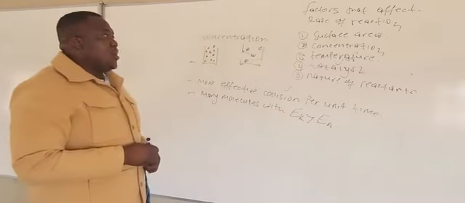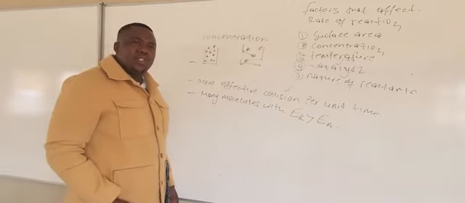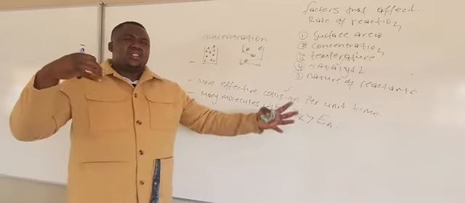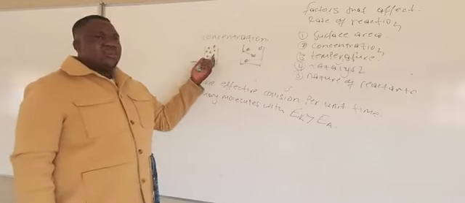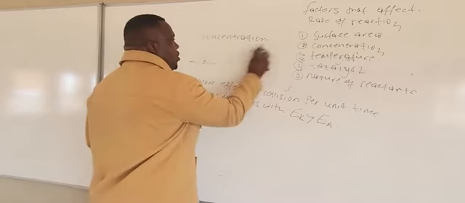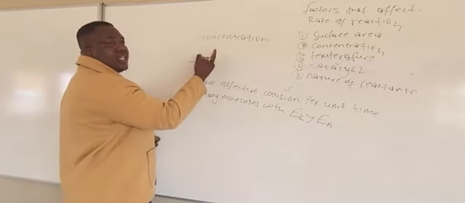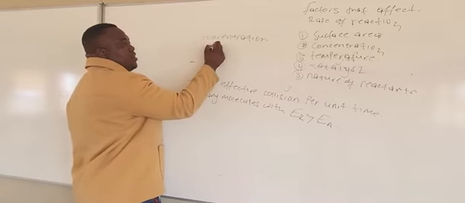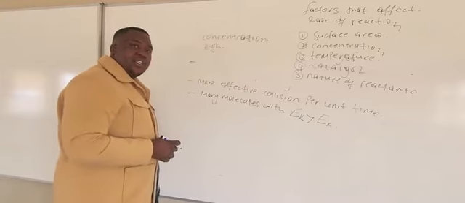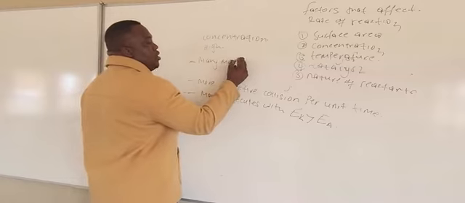You understand? So when we increase the concentration, we're increasing chances for molecules to collide. It's like molecules are not going to miss each other, they're just going to collide because molecules are many. You understand? So that's how concentration affects the rate of reaction. It means when the concentration is high, what does it mean? It means we have increased the rate of reaction because there are many molecules